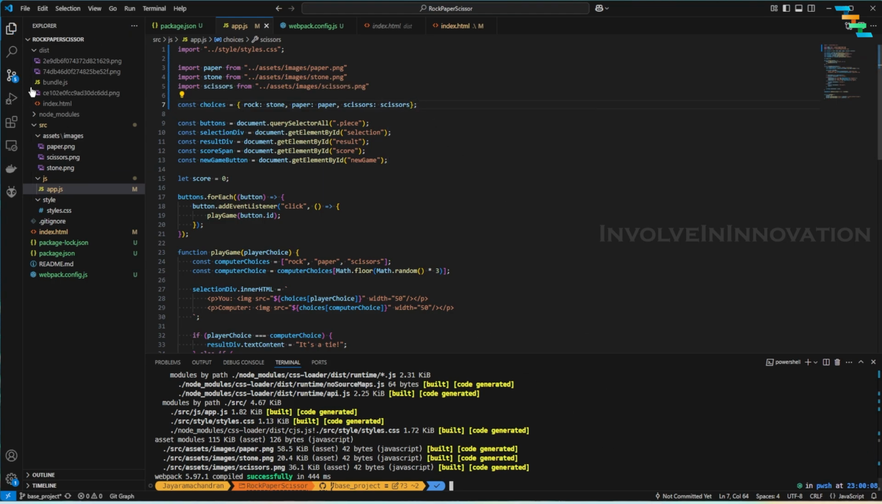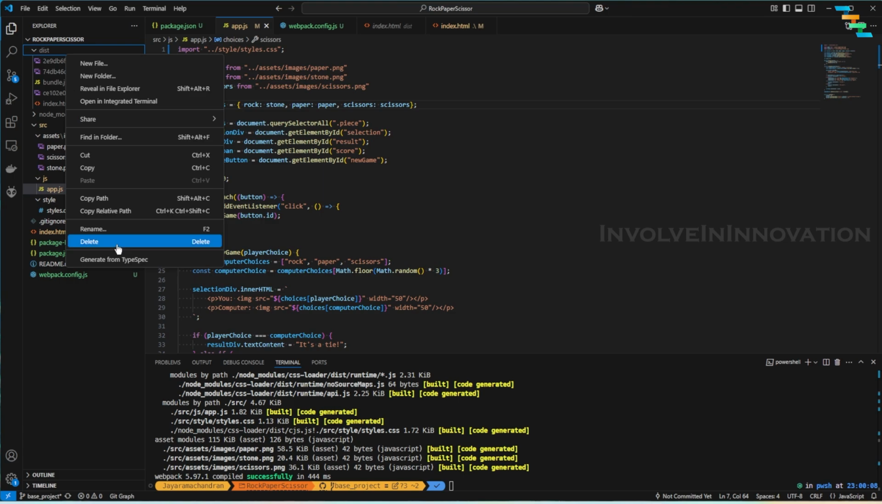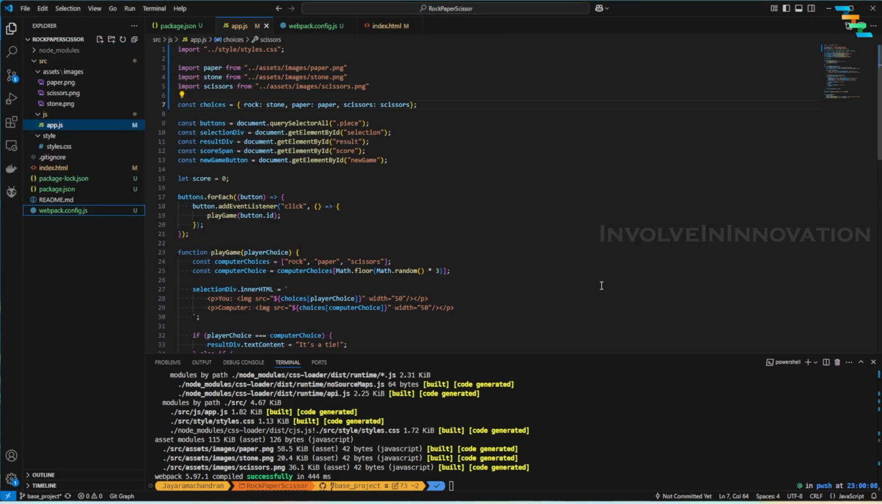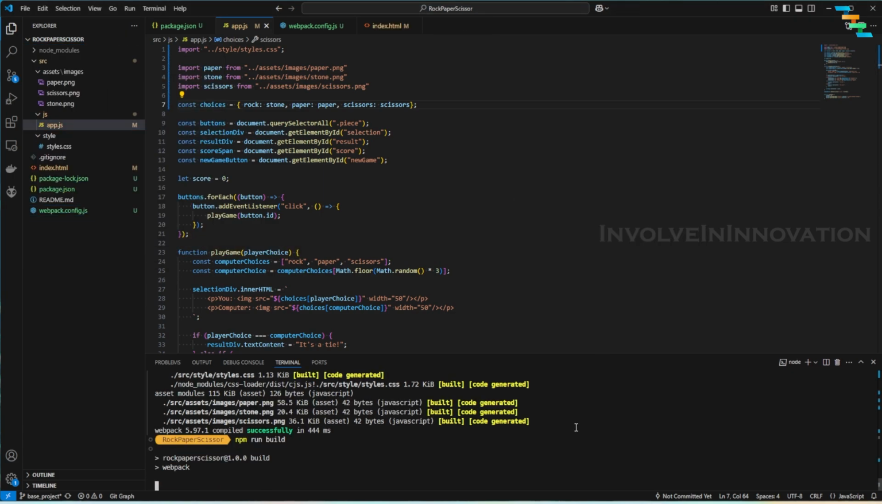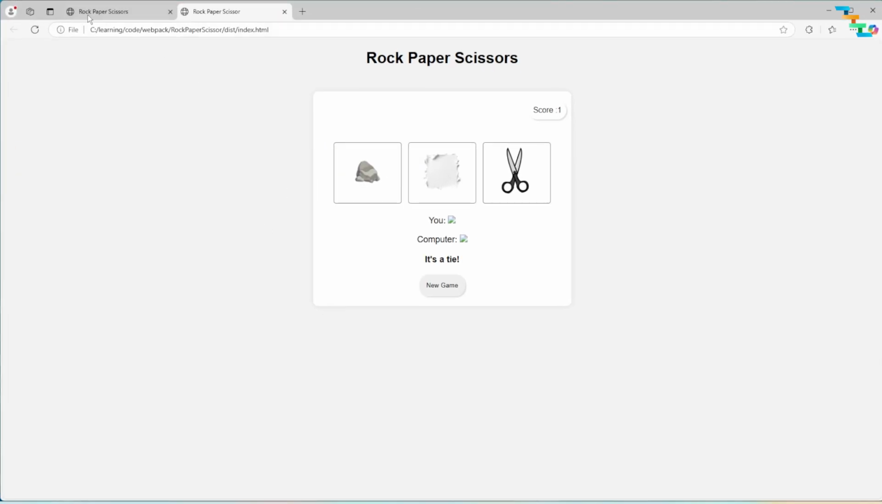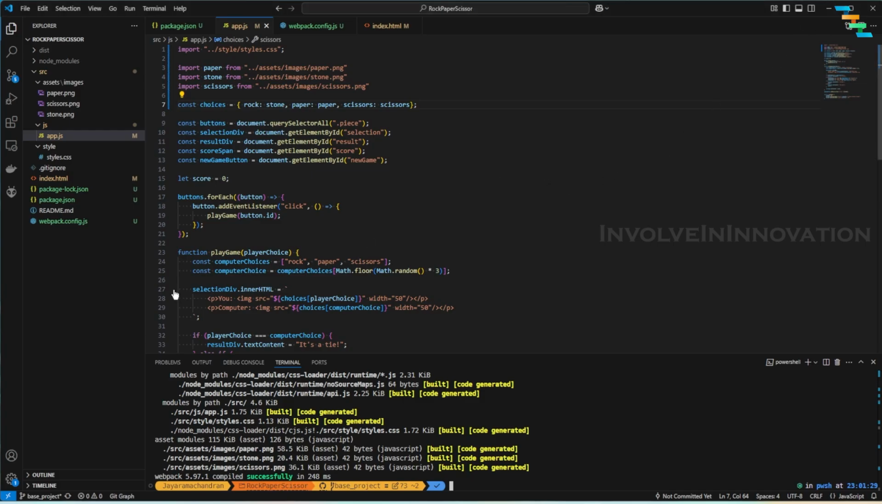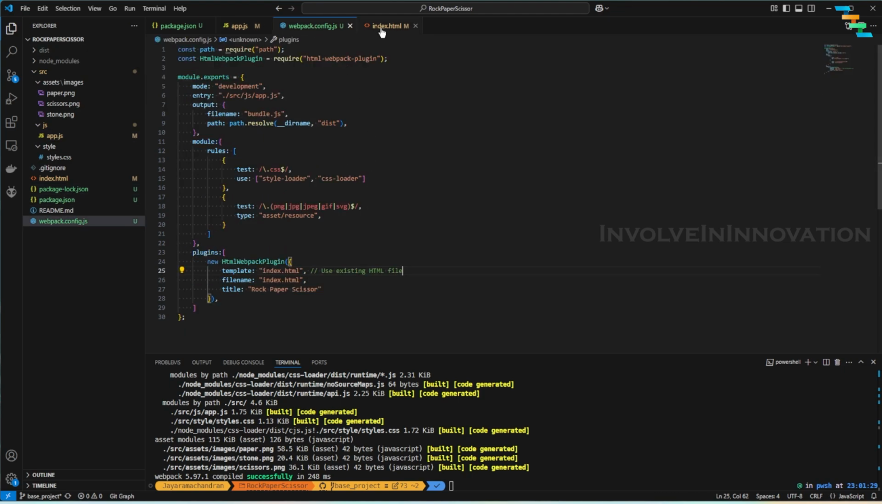Now we will delete the dist folder. No need to delete, but I'm just deleting it for clarity. And then you can issue npm run build, and refresh this. Now we can see everything renders perfectly fine. We have used webpack to bundle everything automatically for us. We will see the same example with